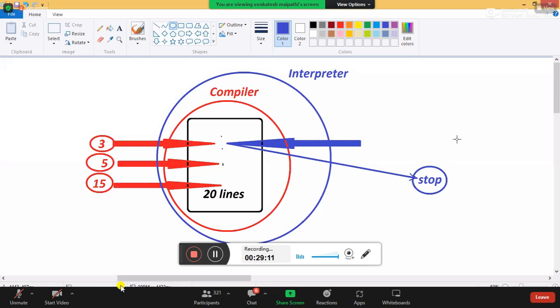Okay, interpreter, I'll correct it. I corrected that, then go. It says I must start with 1 only. Why 1 again? Go with 4. No, I'll start with 1 only again. Again it starts with 1, 2, 3, 4, and again it comes out. So what did you observe here? Line by line: line 1 correct only, then line 2 will be done. Understood the difference now? The compiler translates the total program at a time. It takes 20 lines and gives the errors to you. If all are correct, it translates.